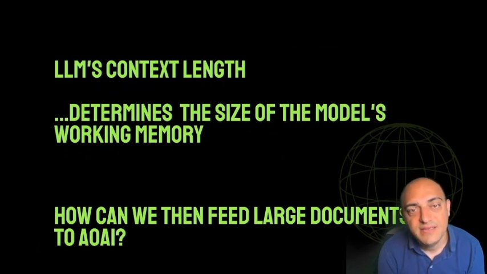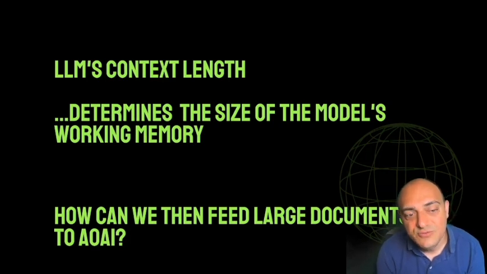So we will connect GPT to external data, such as a PDF document with the IMF Economic Outlook report. To do that, we need to address the first challenge, and that is LLMs have limited context lengths. Context length is the working memory of the LLM that determines the size of the input that you can feed into the LLM. So how do we feed a PDF to a model like GPT and use its powerful capabilities to generate insights out of this document?